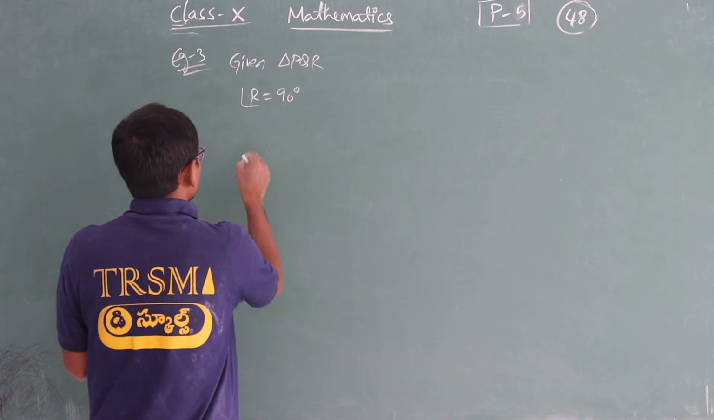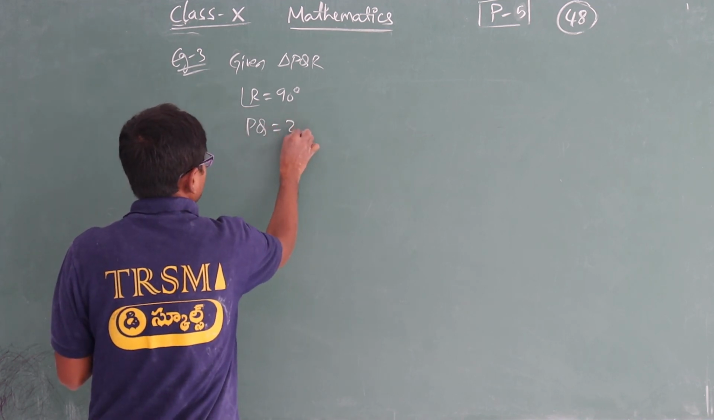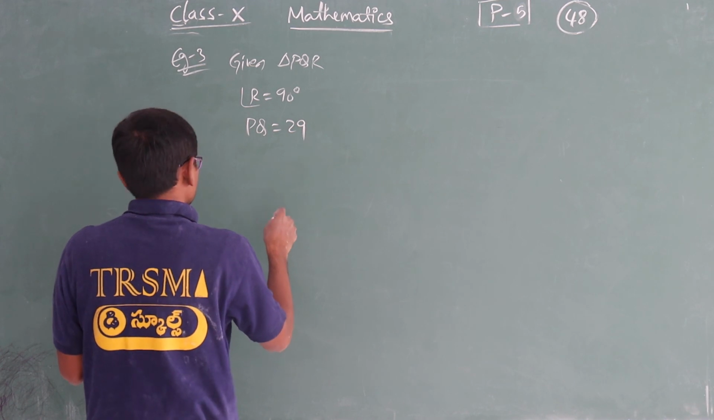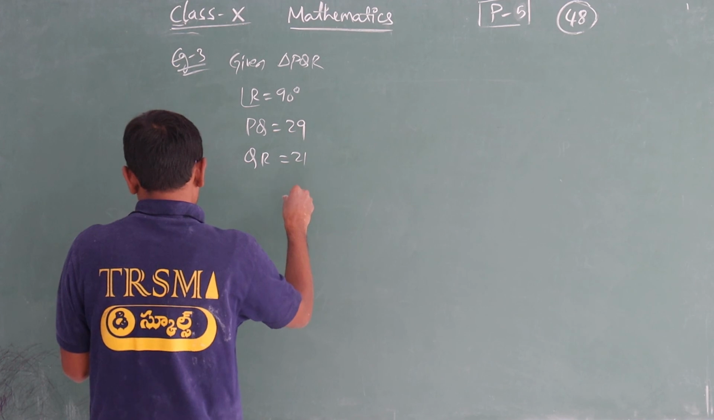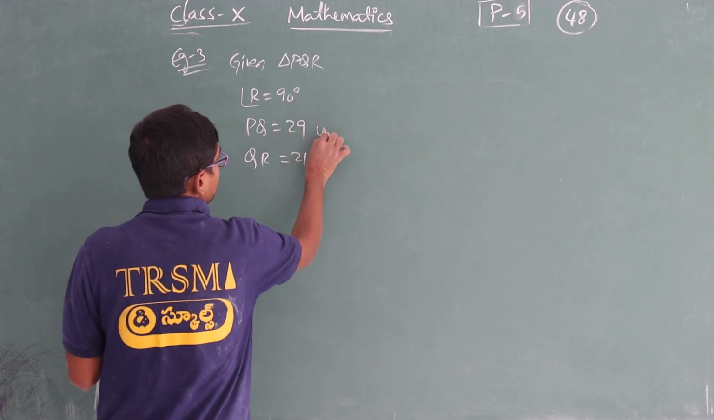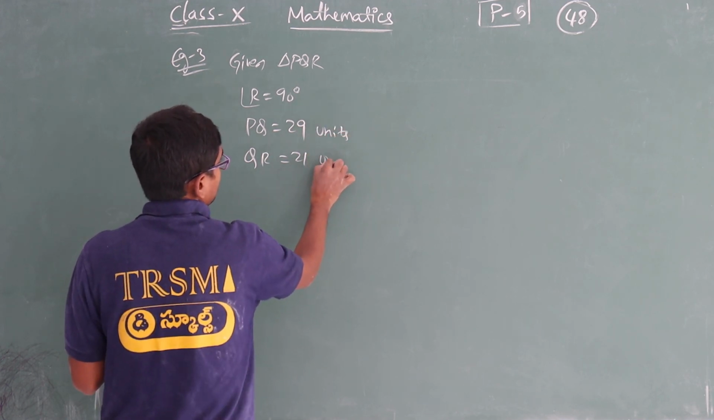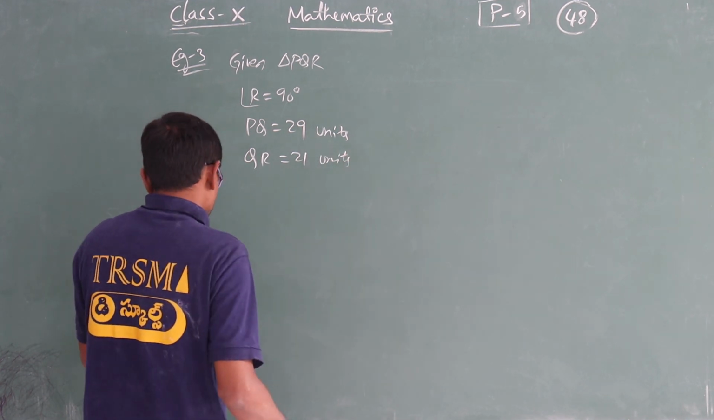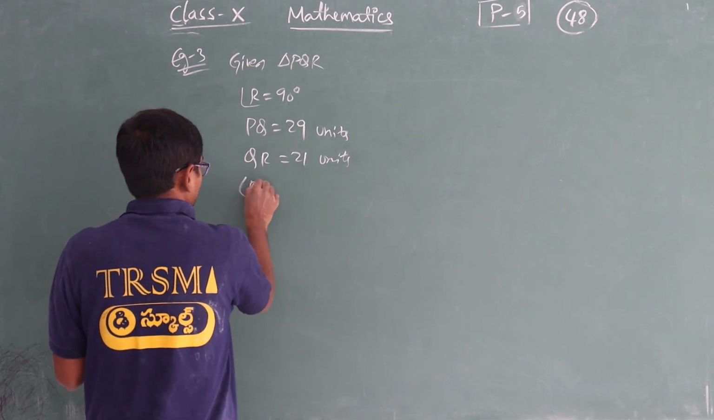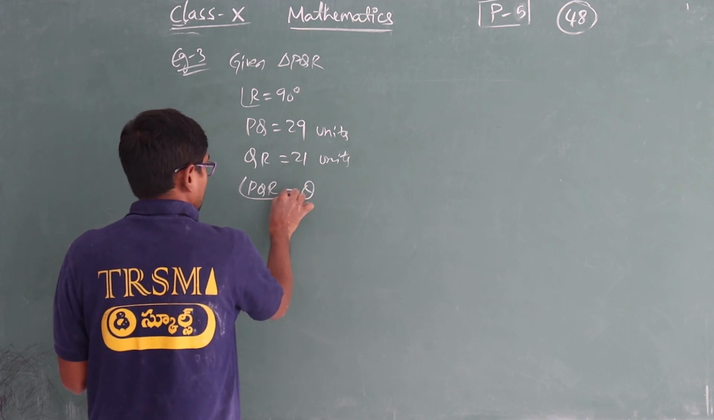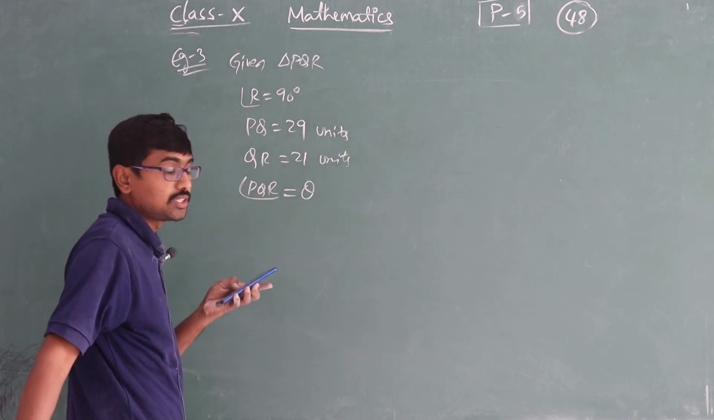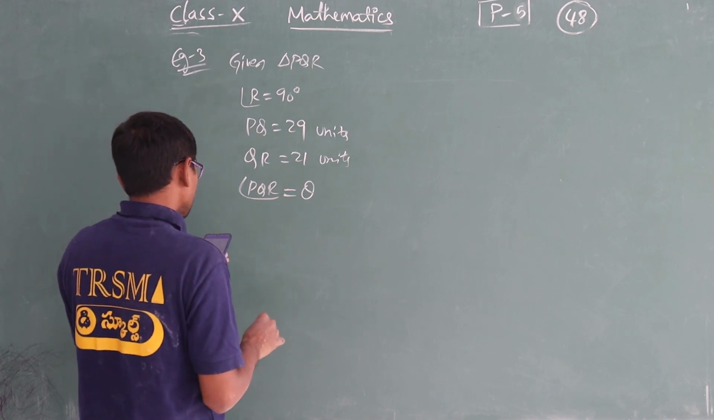Next, PQ is equal to 29 units, and QR is equal to 21 units. He didn't give centimeters or anything, he just said units. Then he said angle PQR is equal to acute angle theta. It means that the acute angle theta is at Q. Then find the values of